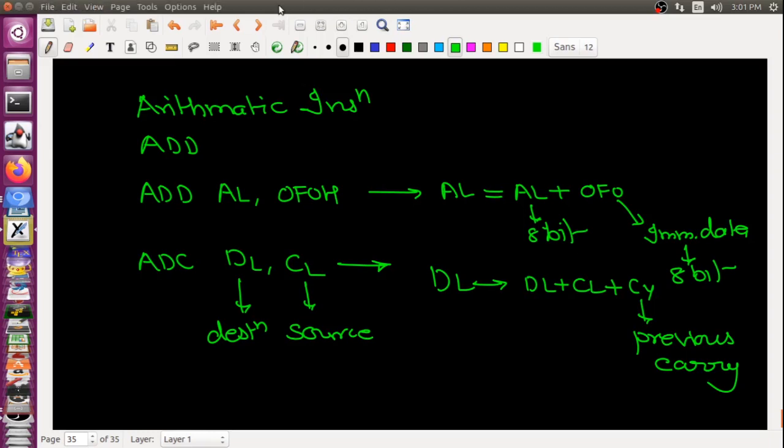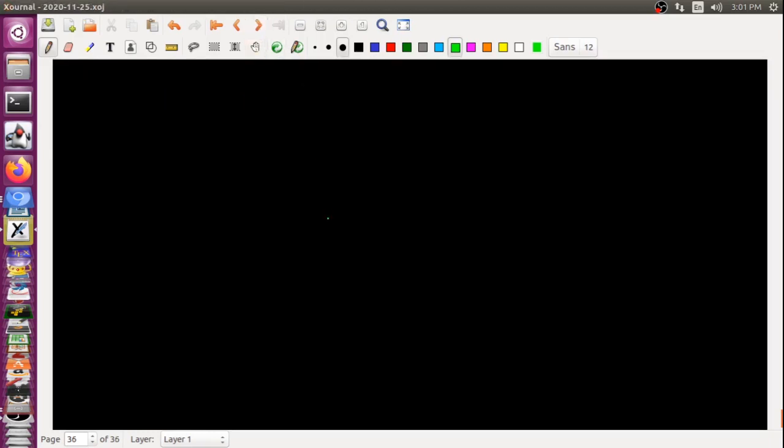Okay, one more thing: apart from this, I use ADD and ADC. For increment purposes, we do not have INR or INX as in the 8085 microprocessor; we have the instruction INC, which stands for increment.